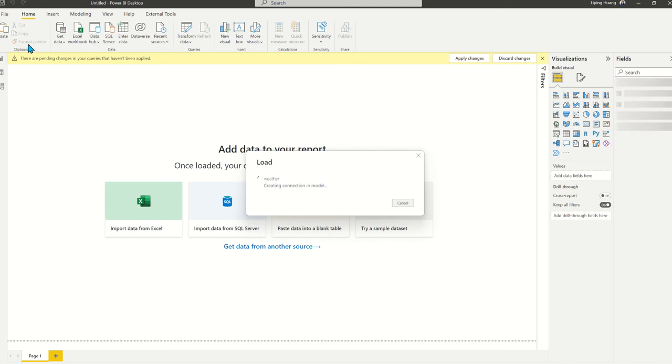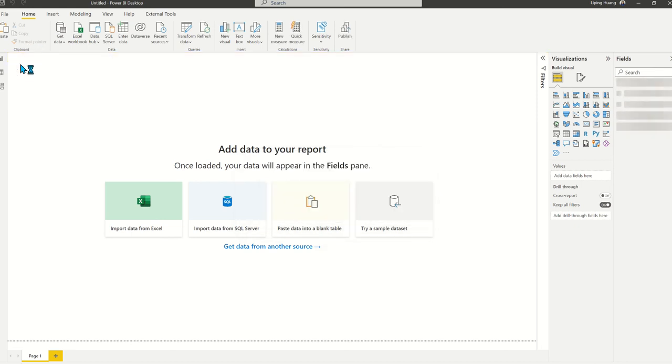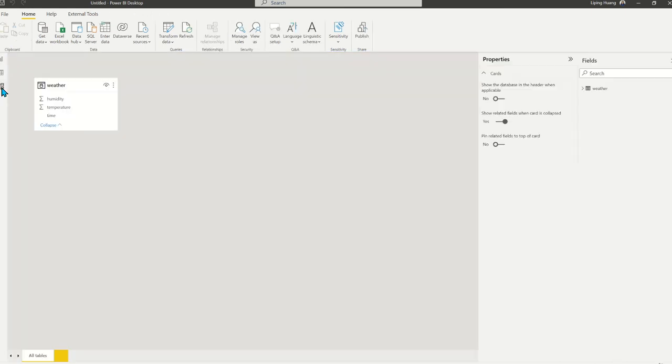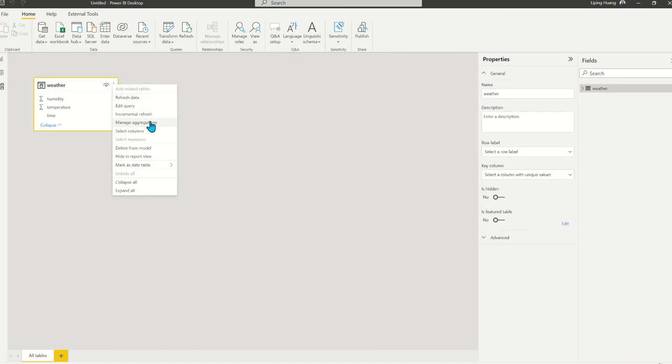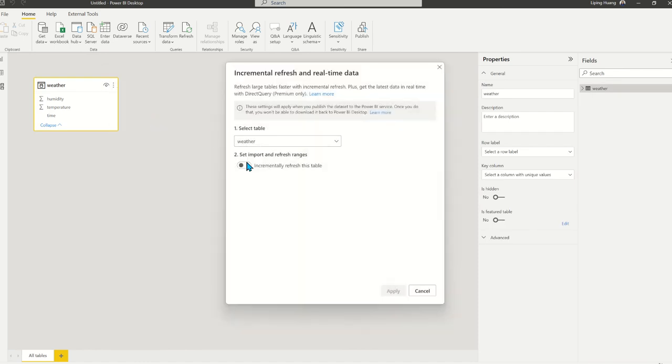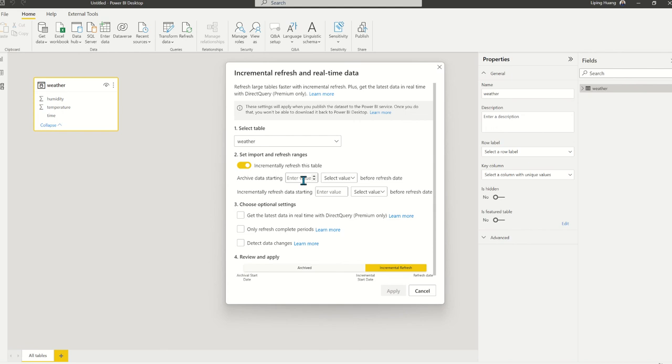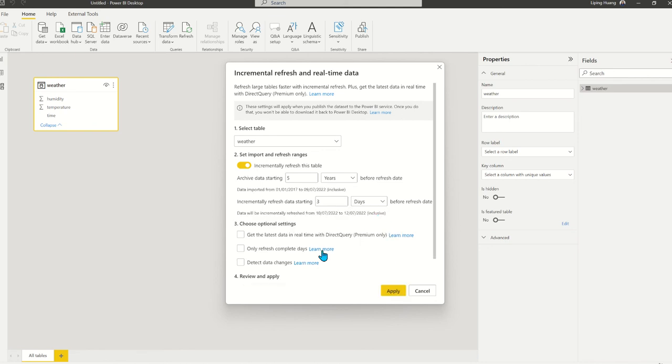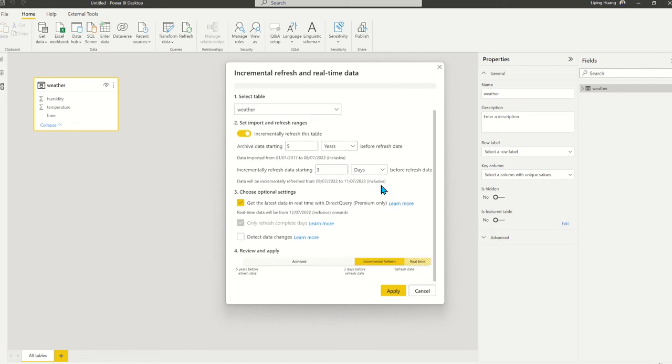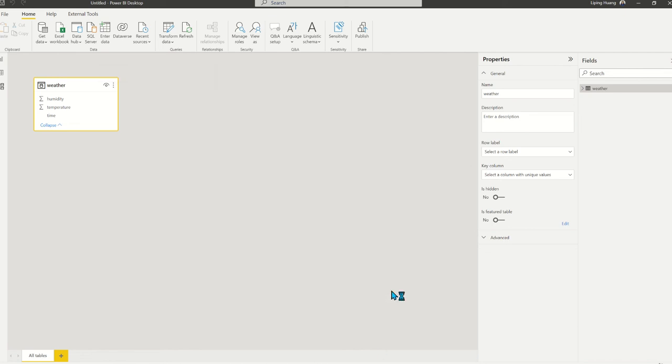Once the transformation has loaded the changes, you can now go to the model view and set up the incremental refresh policy. So we can go to model and say incremental refresh. We want to set up incremental refresh. We can do last 5 years as the archive, last 3 days as incremental refresh, and then we're going to get the real-time data via direct query, and this is a premium only capability as well. So we do apply,